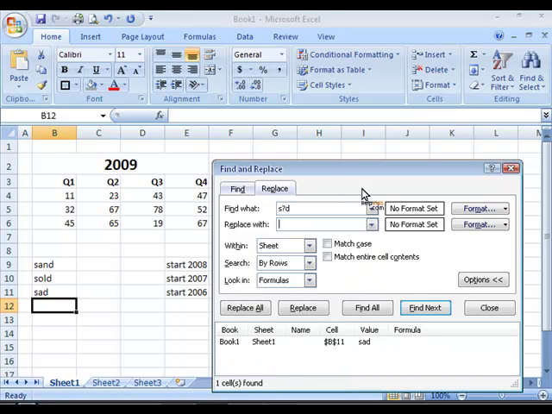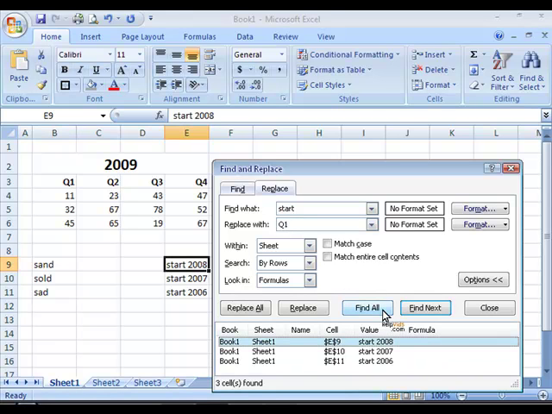The replace function works quite similar. It uses the same find function, but it also offers you the possibility to replace the found values with a different value. So if I look for the value start and I want to replace it with the value Q1, and I click on Find All, it would first return me all values that contain the value start,